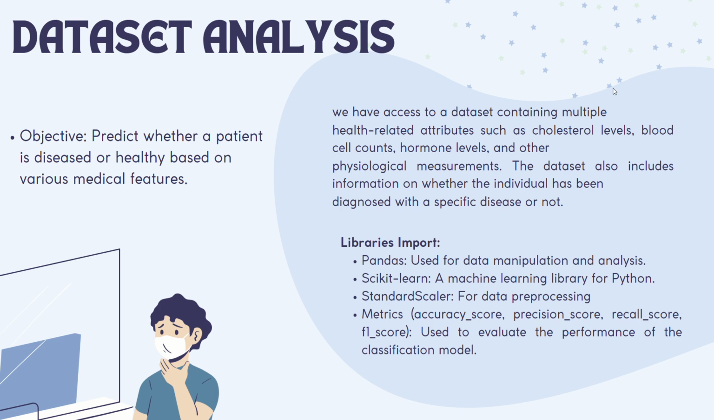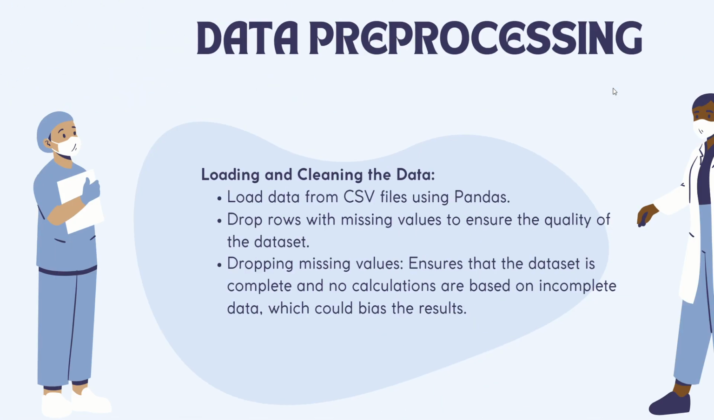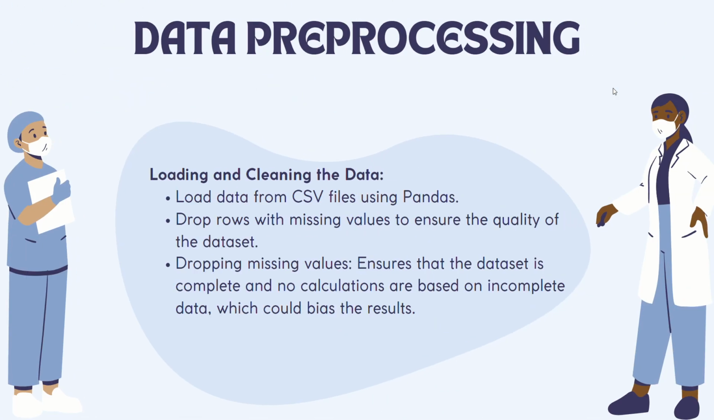Initially the libraries were imported, such as pandas, which was used for data manipulation, scikit-learn, which is a machine learning library for Python, StandardScaler for data pre-processing, and the metrics which were used to evaluate the performance of the classification model. The next step was data pre-processing, where we loaded the data from the CSV files using the pandas DataFrame. Then we dropped the rows with missing values or null values, which ensures the quality of the dataset, because on dropping them the dataset is complete and no calculations are based on incomplete data which could bias